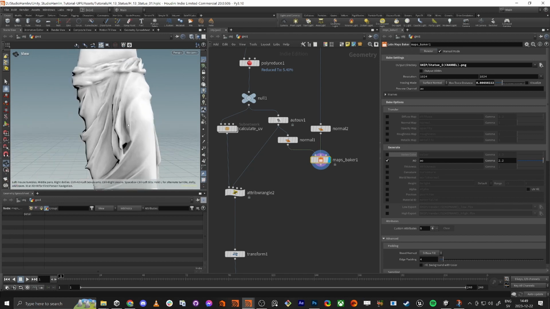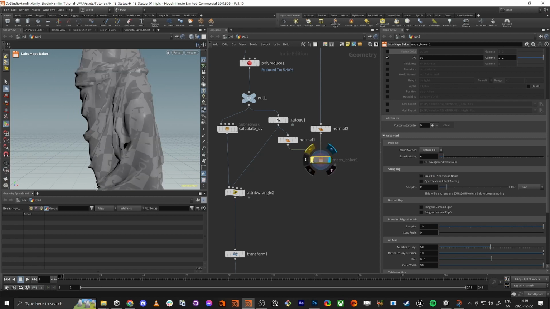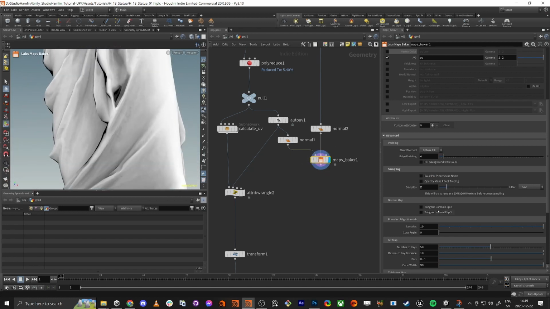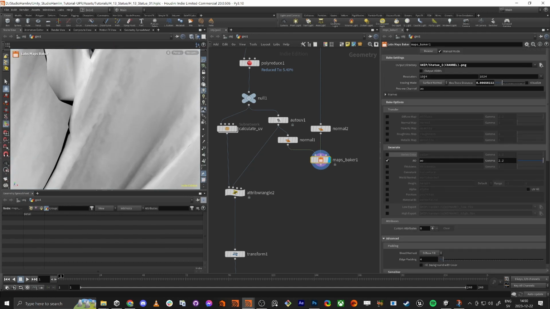I don't see any big difference, but we could also sample up this one. We need to do this sometimes to just update it, but you can see if we do the sampling here, and if we look at the resolution here and we do another render,